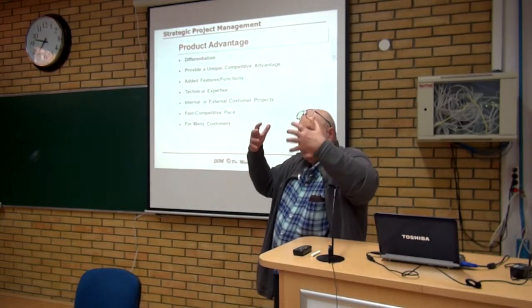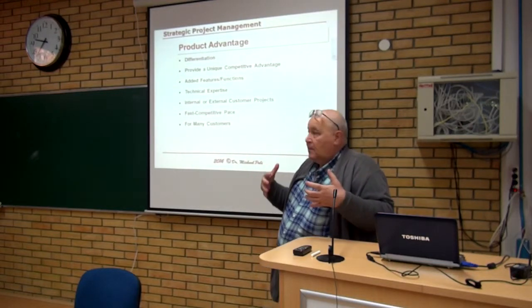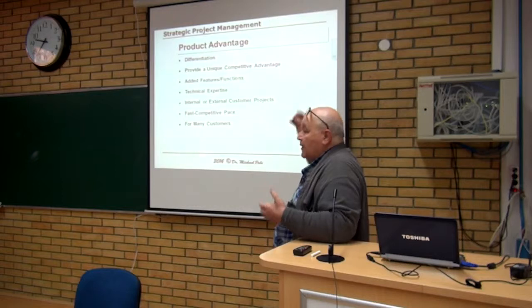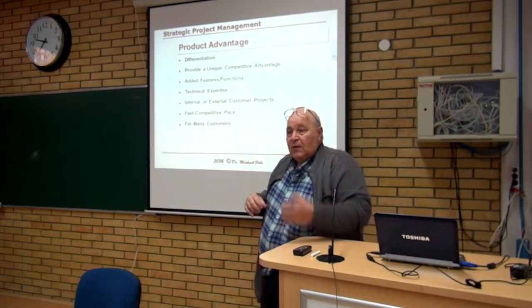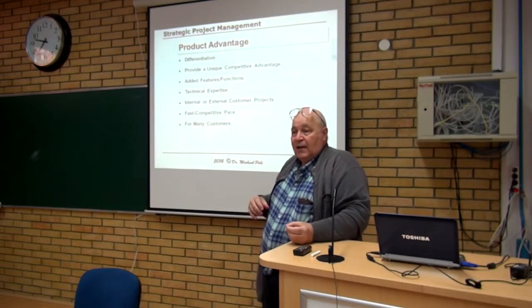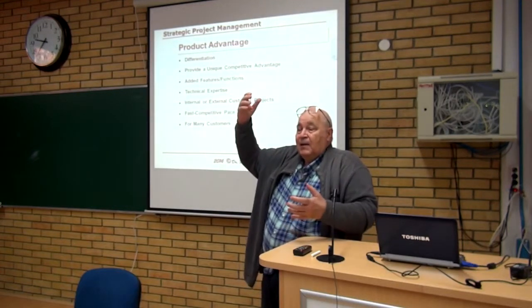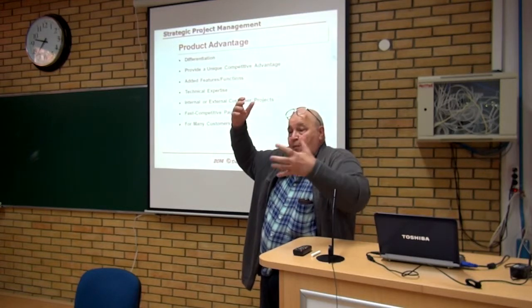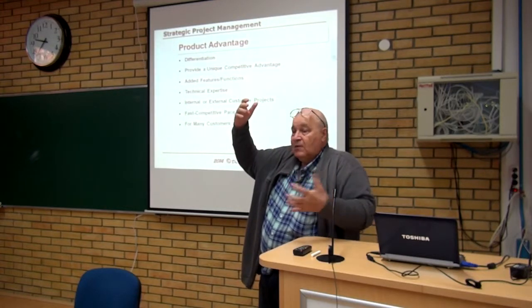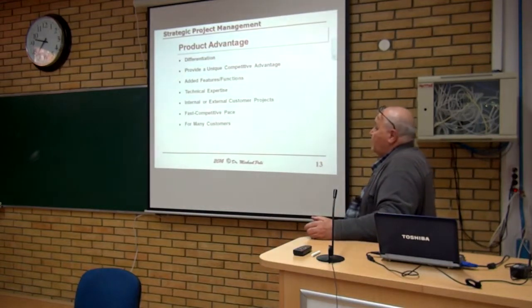product and lists of capabilities in the product is to create what we call a unique competitive advantage. If I have 1, 2, 3, 4, 5, 6, 7, 8, 9 things, and you only have 1, 2, 3, 4, 5, maybe I'm better because now I can appeal to more people, more customers, because I have more capability. So I create a competitive advantage,